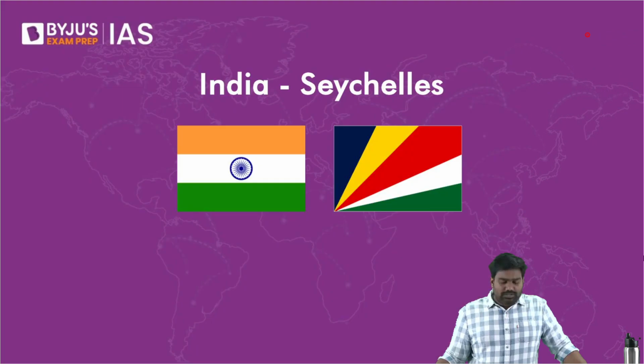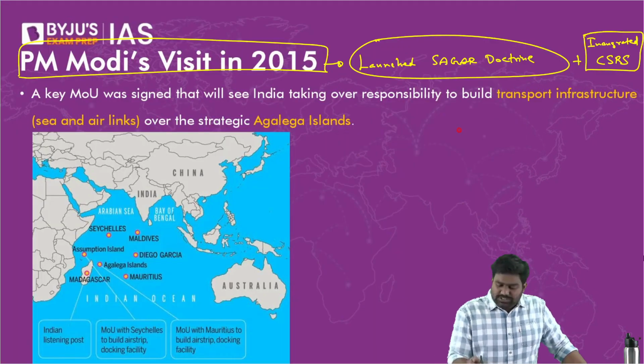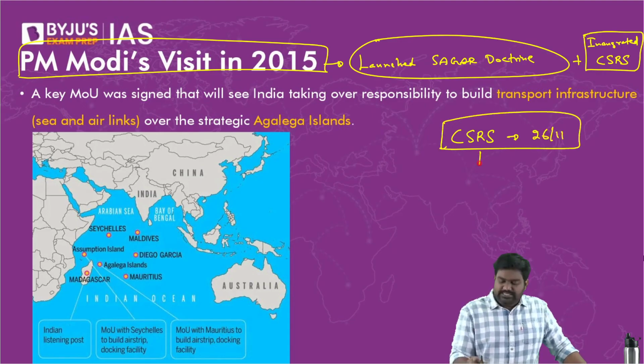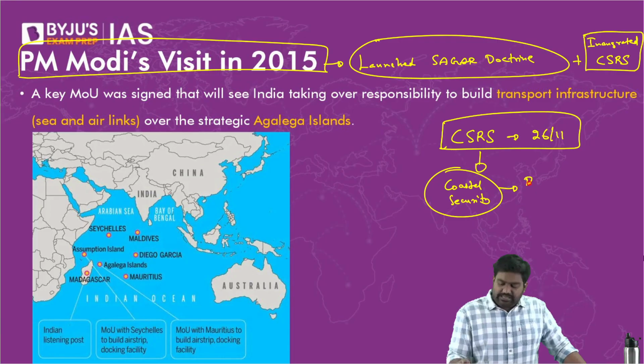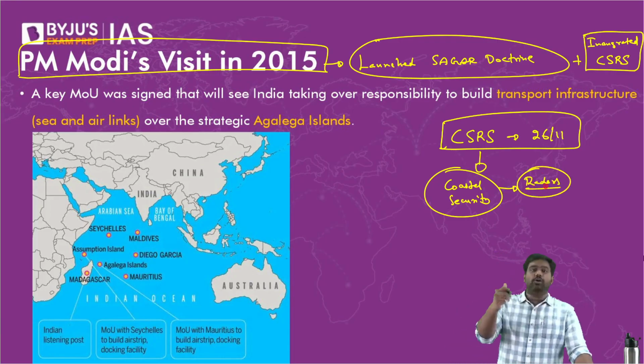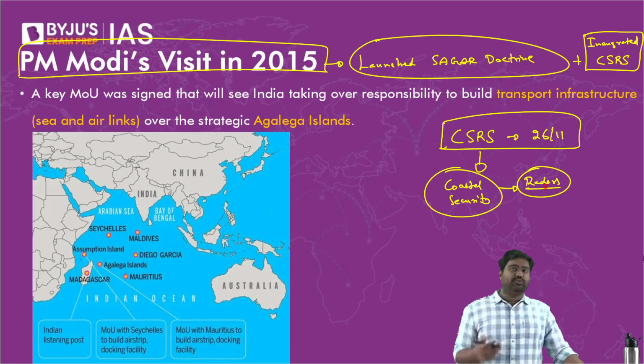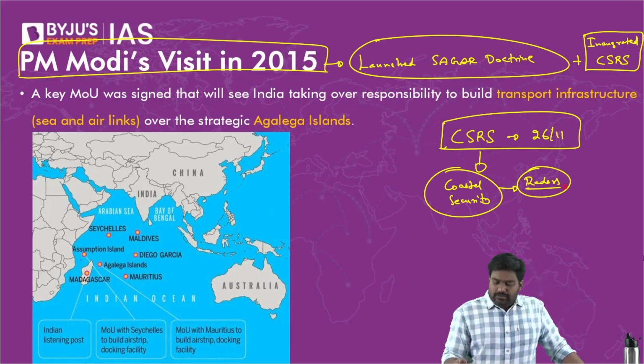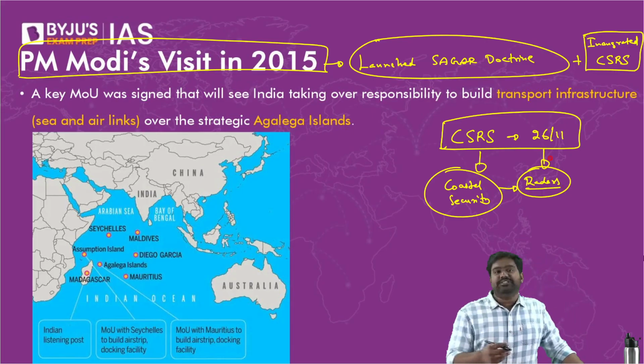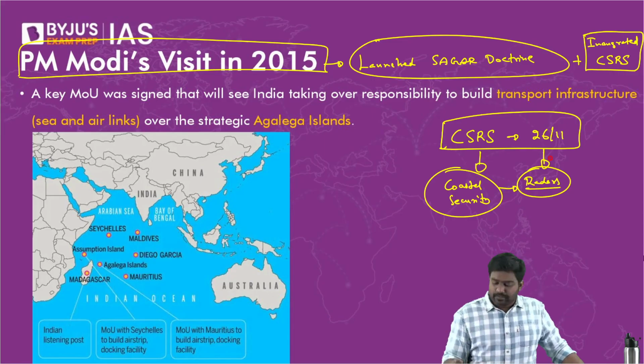Now, let me tell you what this project exactly is, the Coastal Surveillance Radar System. It was launched after the Mumbai attacks, the 26/11 Mumbai attacks, to improve our coastal security, to plug the gaps in our coastal security. It's basically a chain of radars along the coastline from Gujarat to West Bengal, covering Andaman and Lakshadweep as well. And we have extended this to friendly countries like Mauritius, Maldives, and Seychelles.